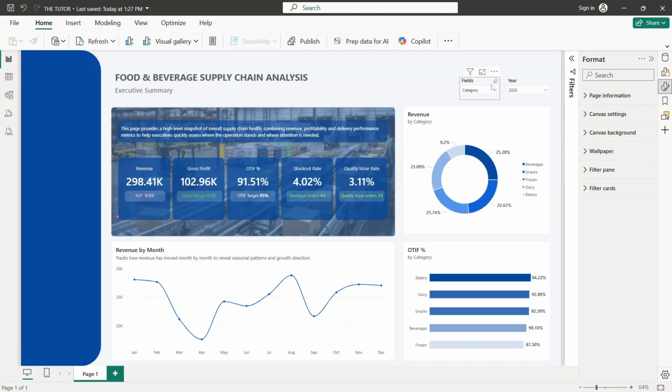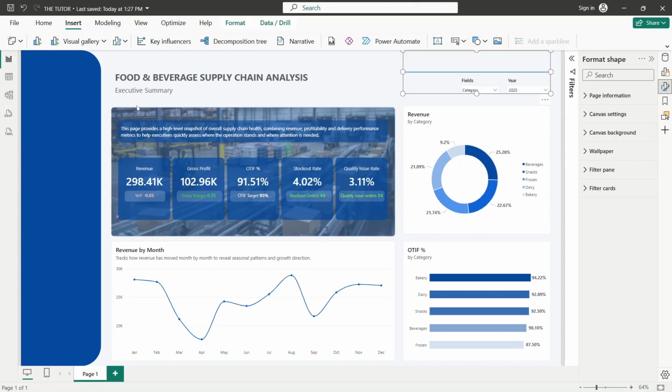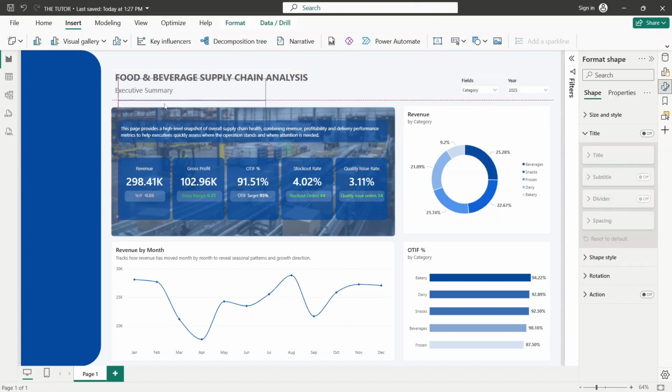We have our fields here, we have our year, and we have our executive summary. So I'm going to insert a line chart to divide all of this together. Put a line chart here and drag it down from here to here. It's just a way of making the dashboard look nicer. So drag it down,